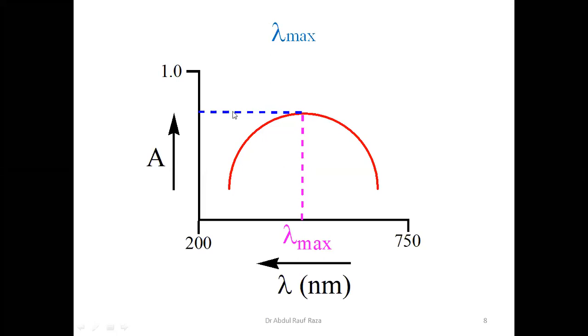All right. So this is our UV visible spectrum. We have values of lambda from 200, and 200 has higher energy. The shorter the wavelength, the higher the energy. This is higher and this is lower. And along this axis,